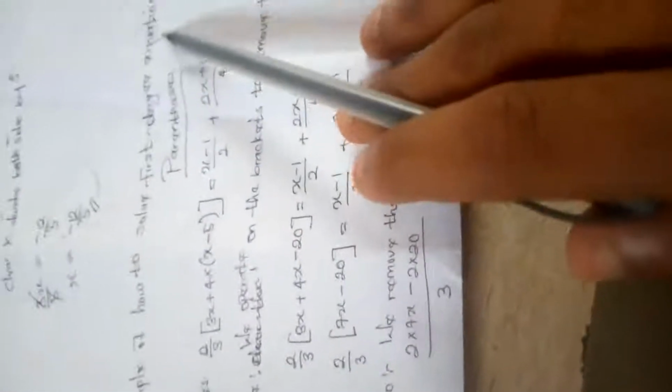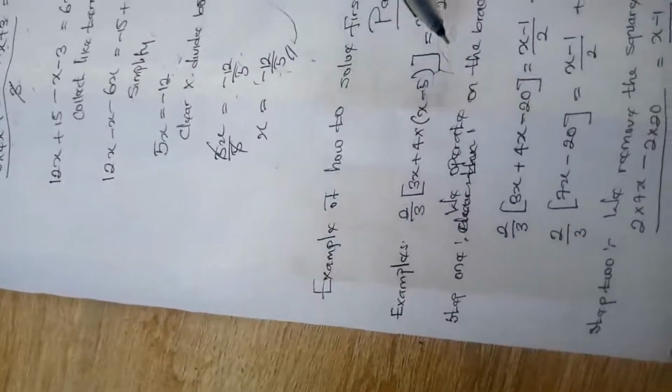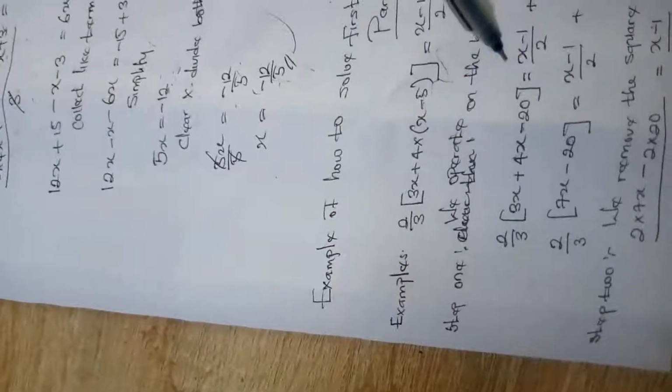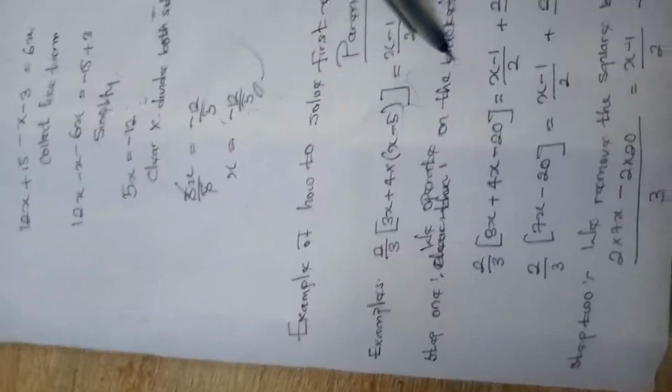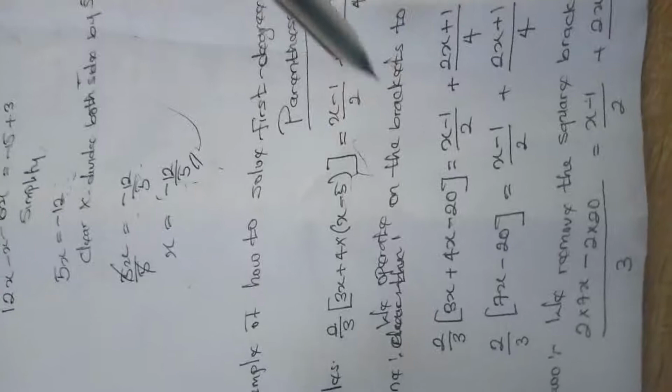So now, the next one is an example of how to solve a first degree equation with fractions and parentheses. So now, how to solve it? Solve a first degree equation with fractions and parentheses. I brought that example out. 2/3 open bracket 3x plus 4 times x minus 5 close bracket equals x minus 1/2 plus 2x plus